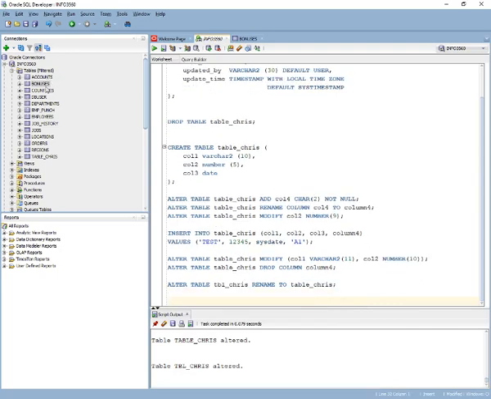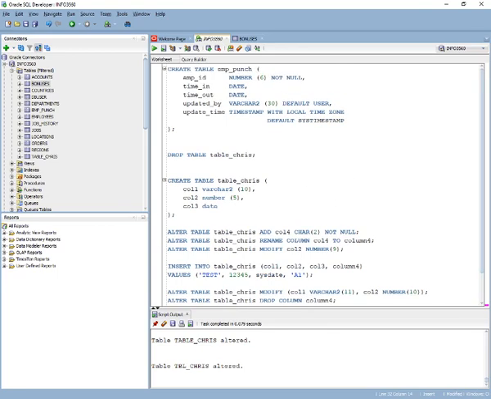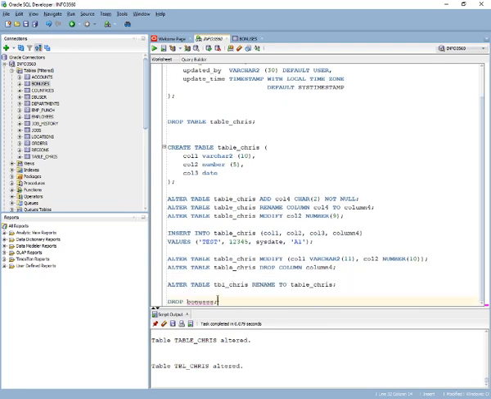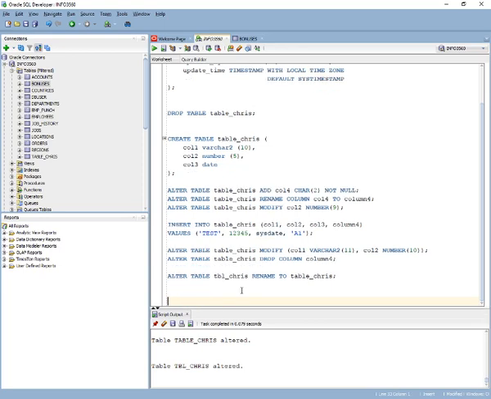Because I already have bonuses, let me drop table bonuses. Well, let me keep its name. I don't want to delete it, but I will create a table named bonus. Create table bonus,